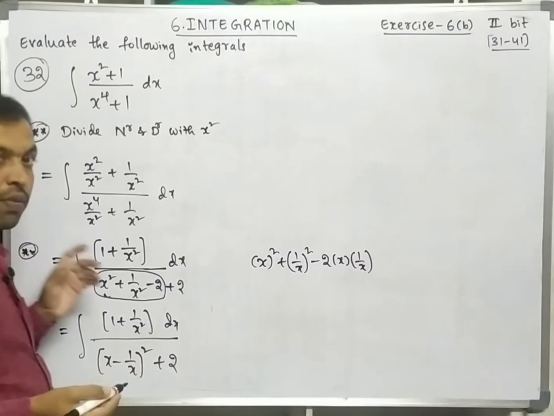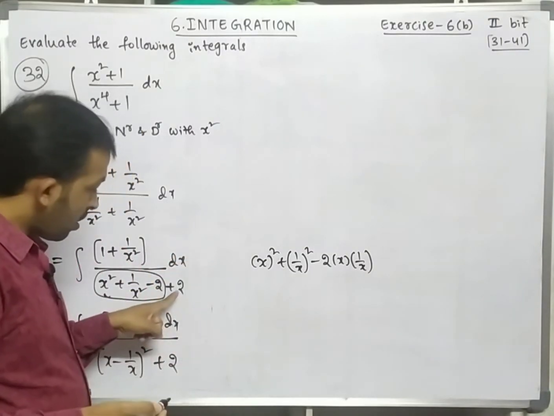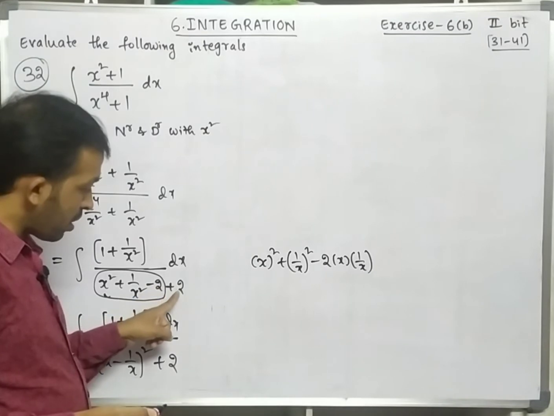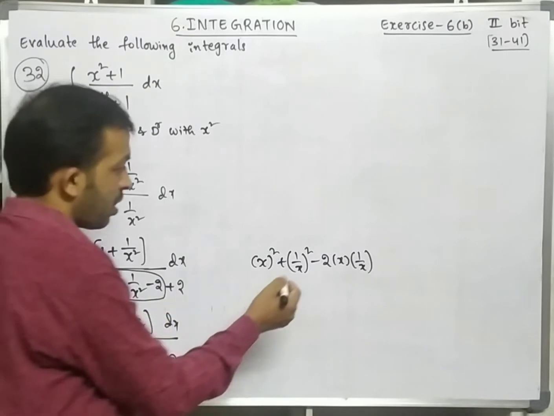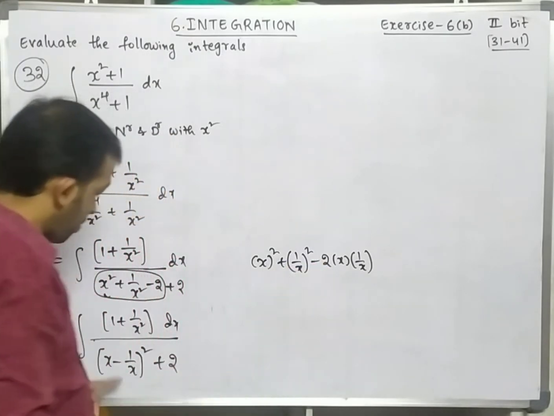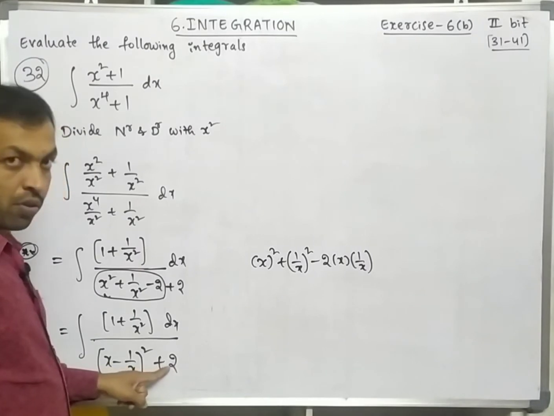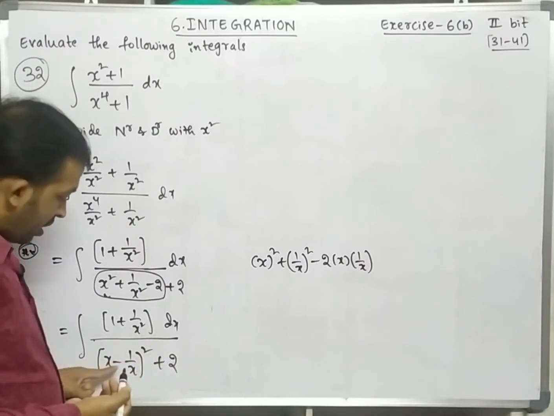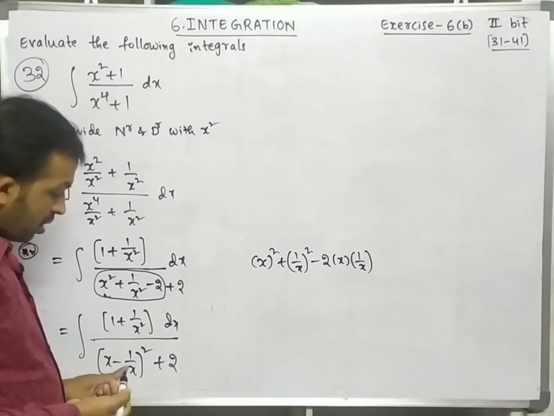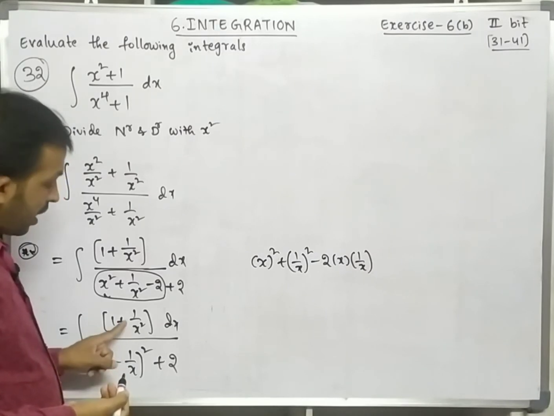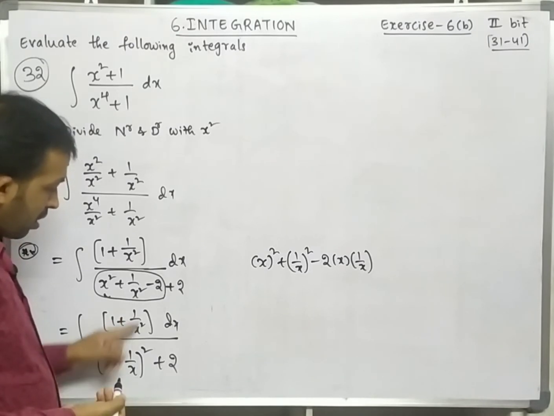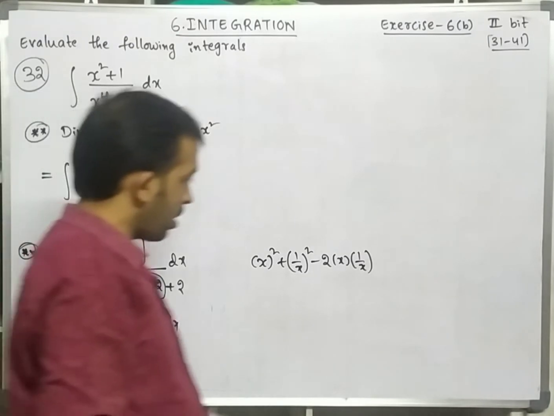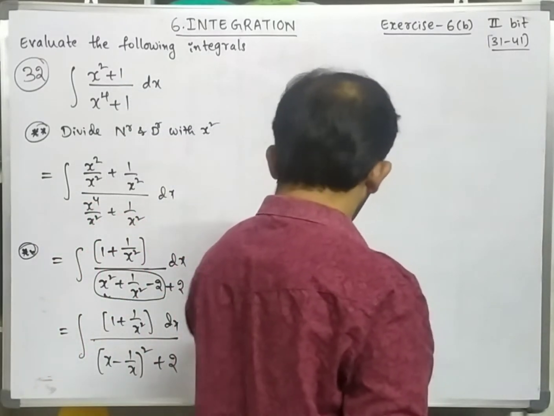Here we have one more doubt: why should we write minus 2 first and plus 2 later? Why don't we write plus 2 first and minus 2 last? That means it would be plus 2, then (x plus 1 by x) whole square, and then we would get minus 2. If we take it like that, then x plus 1 by x is the inner term, and its derivative is 1 for x, and minus 1 by x square for 1 by x. So we will not get a numerator. That's why I am writing it like this. That is the logic behind it.